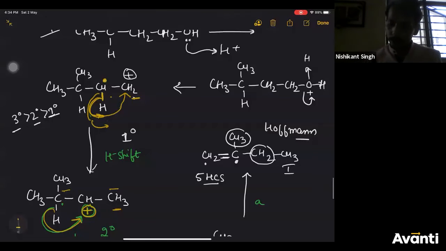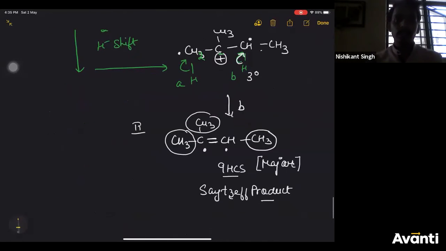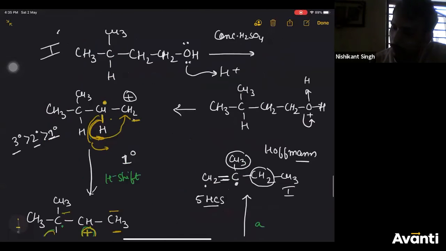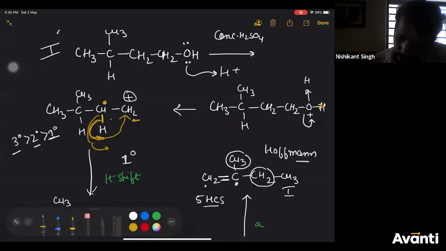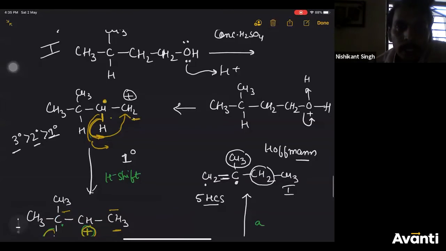All right, so you can see, no doubt, I don't see anyone asking anything. Is the first step, how many coordinate bonds are there? Only one. The other one is a normal covalent bond. The OH bond is a normal covalent bond. So there is only one coordinate bond. All right.